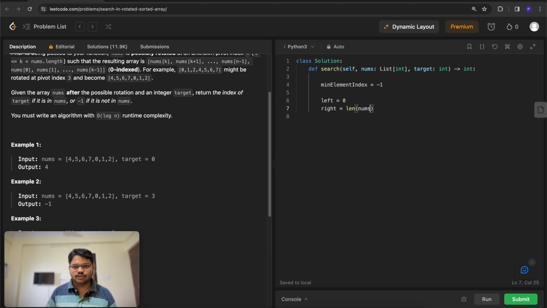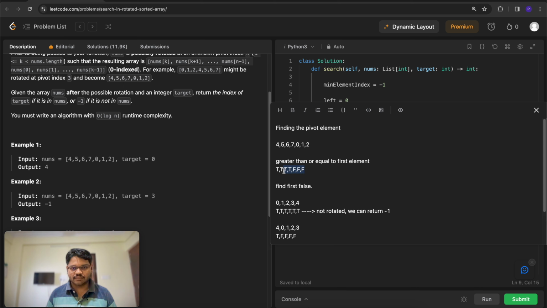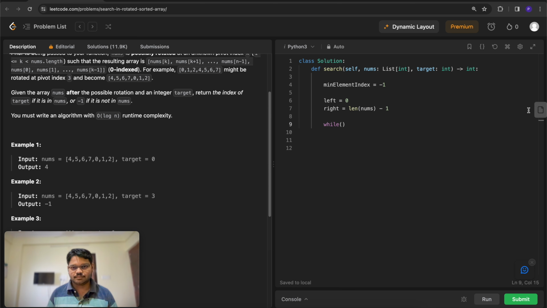Right is pointing to the last index of the list. Once we have these two pointers, then we can start binary search using that condition. So we cannot directly apply it for this array, but we can use binary search to find the first false value. That first false value represents the minimum element's index. So while left is less than or equal to right,